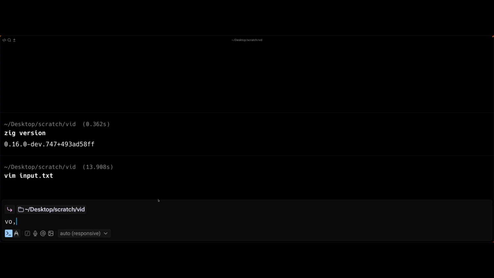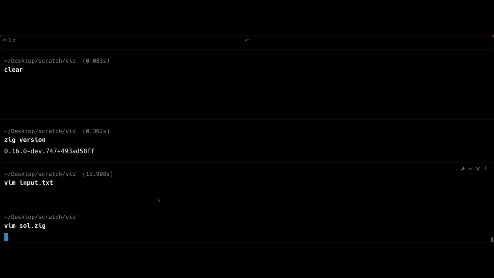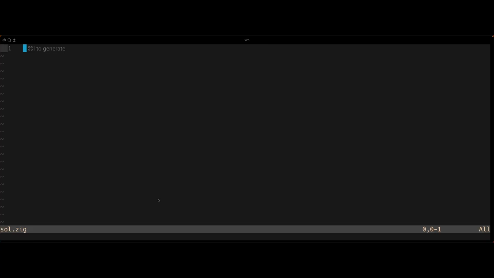And let's make a Zig file. Let's do solution.zig. And we're going from scratch here. So let's do const std. And while I'm writing some of this boilerplate,